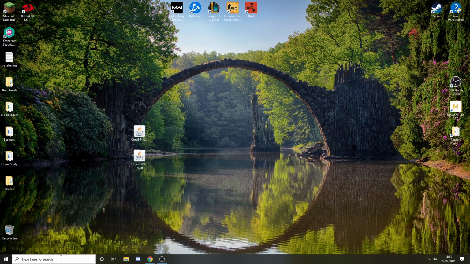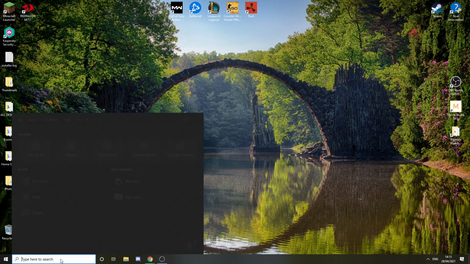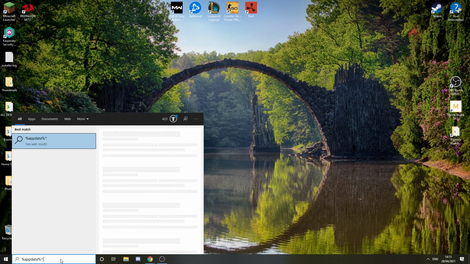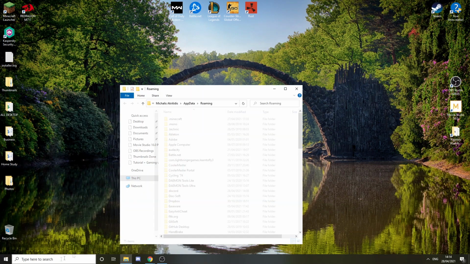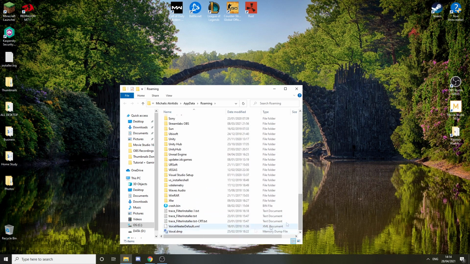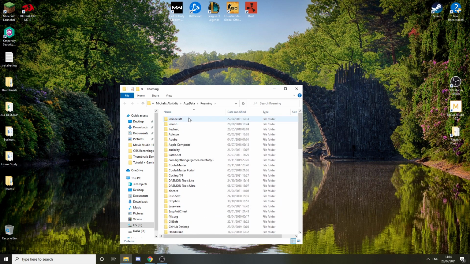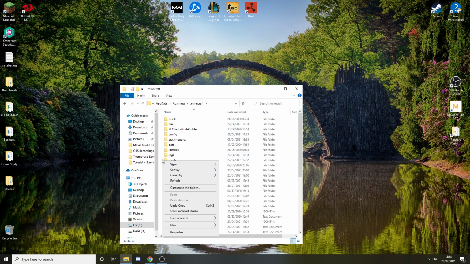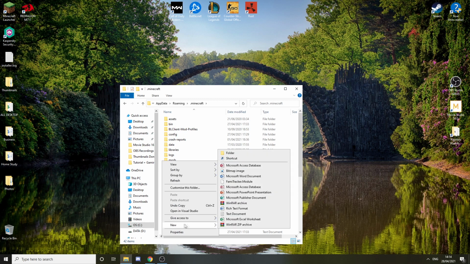Now we're gonna put the mod. So we're just gonna go %appdata% and it's gonna load this folder, and we should find .minecraft. It could be up here, or it could be in the bottom. Sometimes it happens. Just go into .minecraft and get a mods folder. If there isn't a mods folder, create a new folder by doing right click, new folder, and name it mods